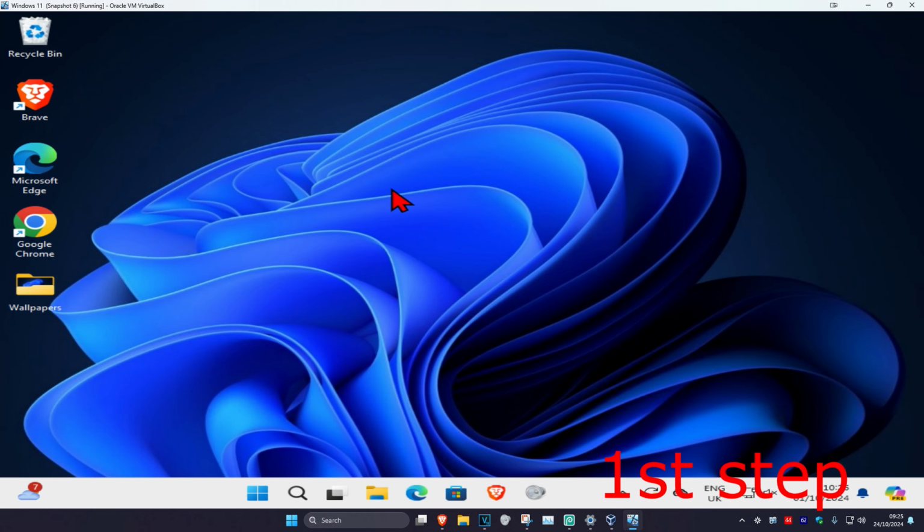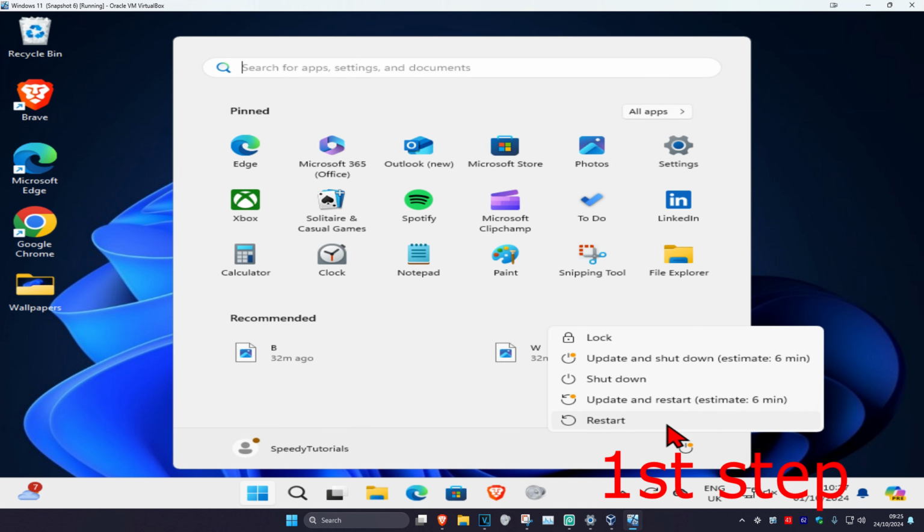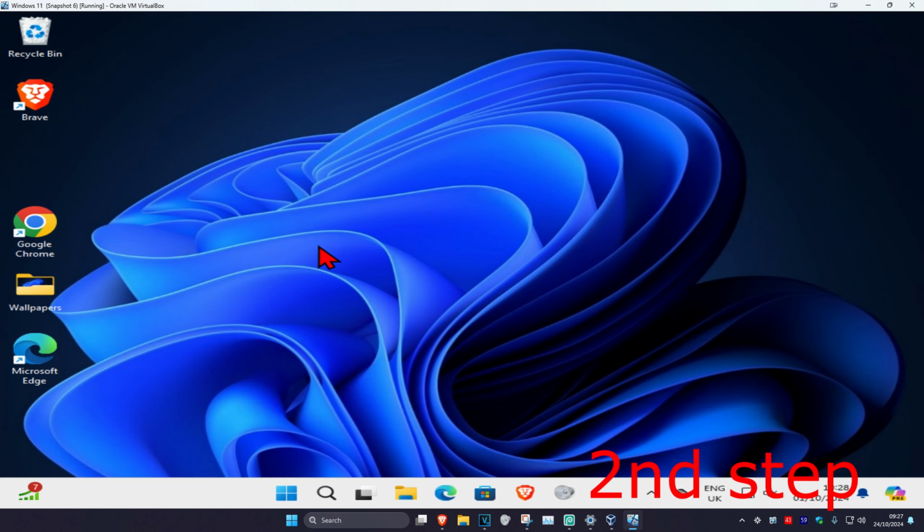And now you just want to restart your computer. Keep on watching the video. Restart your computer. And now once you're back in Windows, if I just head over to search and just type